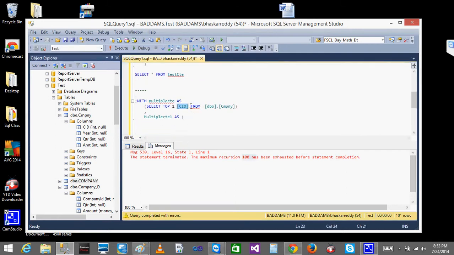CID, comma, quarter, amount, right? I just want to union all the multiple CTEs. So here I'll take this one, select star from company: company ID, quarter and amount. This is the company table.